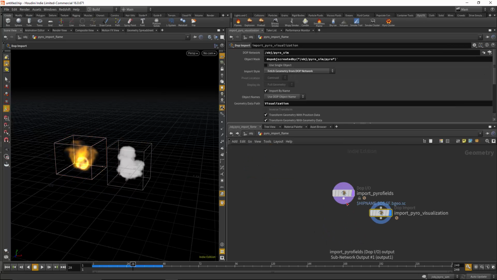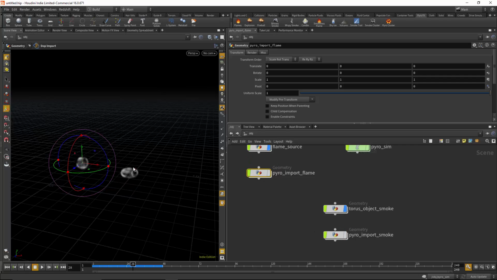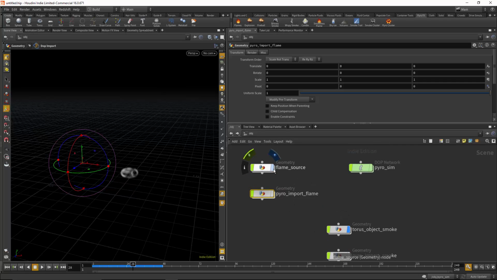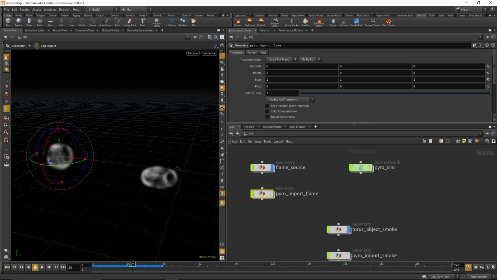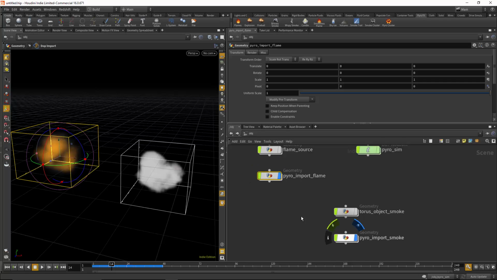So you click on here, and actually we just sort of hide these two. You'll see both of them disappear. You see the original flame source as a kind of VDB volumetric object there. It's swirling and undulating, doing its thing, but that's not really what is the final result. In fact, you may want to turn those off when you render, because this is really the output of the